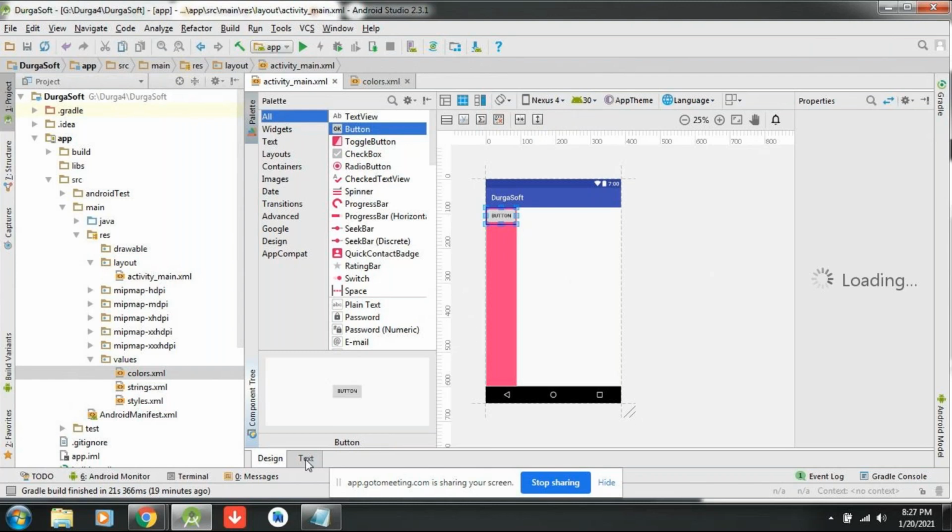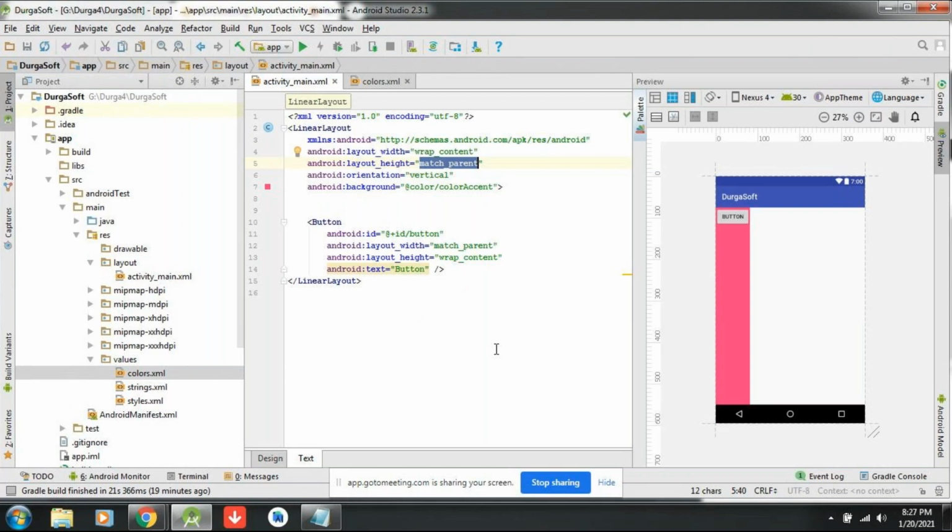See, when I drag and drop a button, just to check, what is the width property? Wrap content. How much button width is occupied, that much button width it is displaying. Am I correct? The color. You understand now?